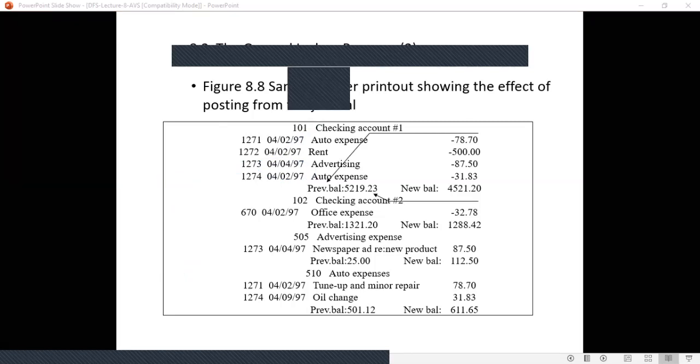You should have a header, that is, your 101 checking account number 1. This is from your ledger file. And you should have these transactions, auto expense, rent, advertising, auto expense, all these are from your journal file.